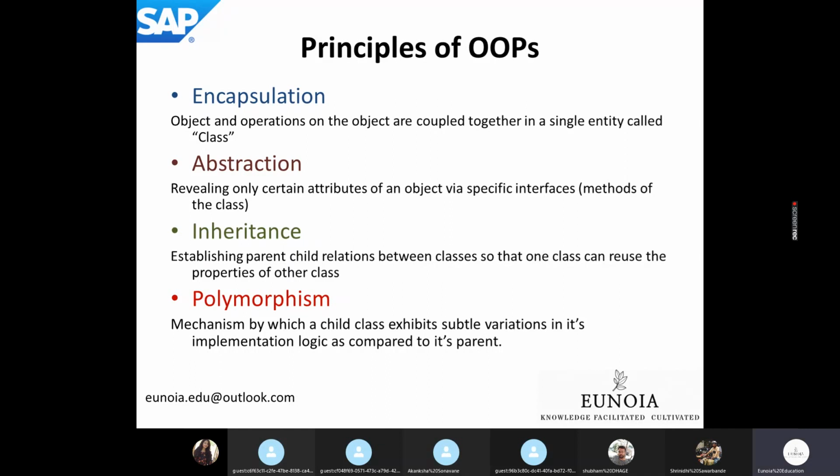What the statement says is that whatever data you're trying to manipulate, and whatever operations are allowed on that data, are bundled together in a single entity, which is called a class. Class is the underlying root of object-oriented programming. Wherever object-oriented programming is there, you will definitely encounter the term class. A class is an entity or a set which contains the data as well as the operations that are to be performed on the data. The operations are defined using methods of the class.